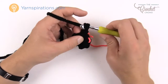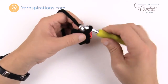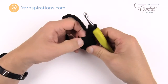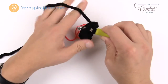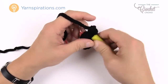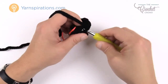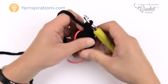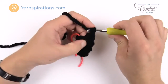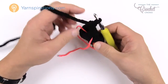So round number 4, we're gonna chain up 1, and we're gonna do a single crochet into the first one, and then the next one we're going to do 2 single crochets to make it bigger. So there's gonna be 2 single crochets into the same one. So 1 and 2. Okay, the next one is gonna be a single crochet by itself, and we're gonna finish this one with the last one being 2 single crochets in there. So 1 and 2. So we've just gone from 4 stitches now to 6,